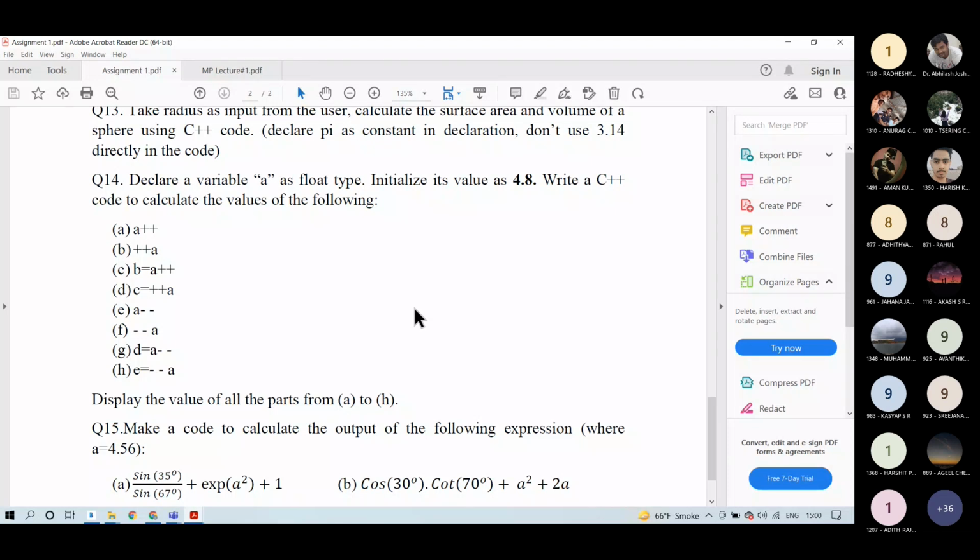If you want to print the value of a plus plus, or in the second case you want to first assign the value of a plus plus to a variable b and then print the value of variable b, does it make any difference in part A and C? Yes, sir. What difference will it make? A and B are two different values. Yes, but from the point of view of output, will they create different outputs, A and C part? Yes, sir. Why will they create different outputs?